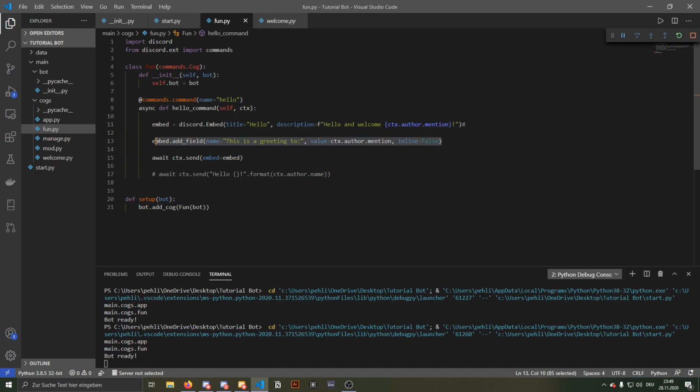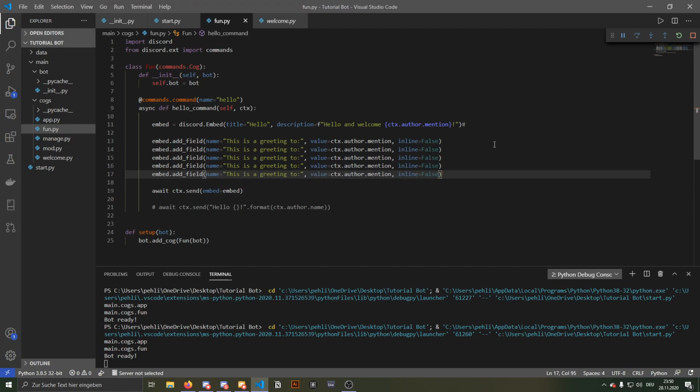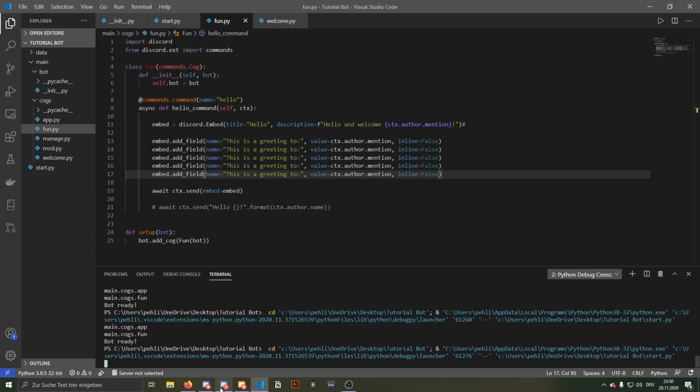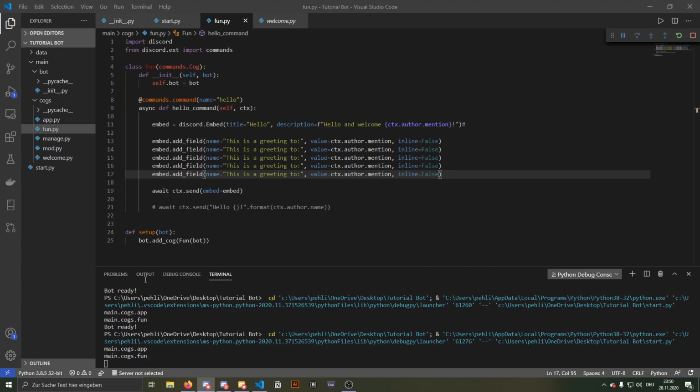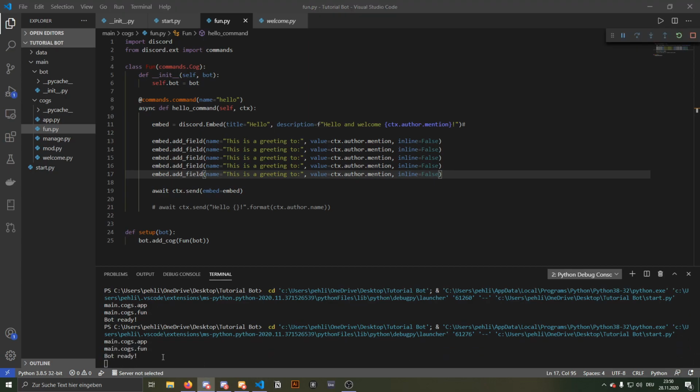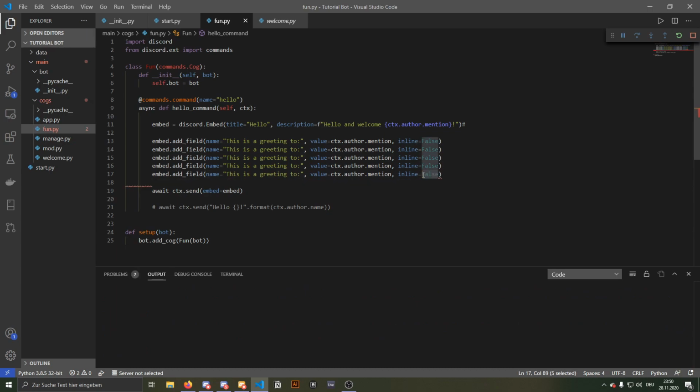If we add a couple more of these, by just copying and pasting a bit under here, you see that inline is always set to false, and the difference will be pretty clear. It basically just stacks them under each other. And if we change all the stuff here, if we change all the false to true,